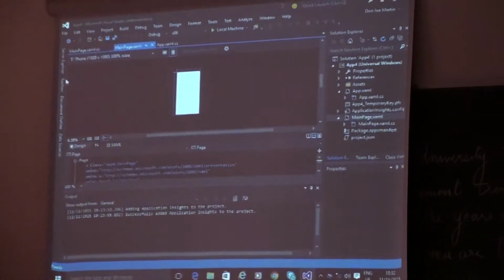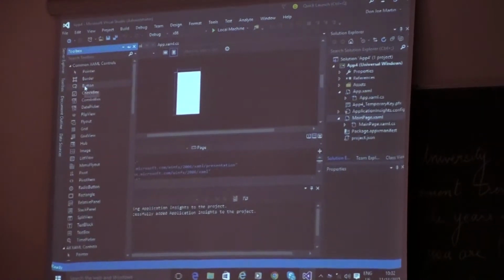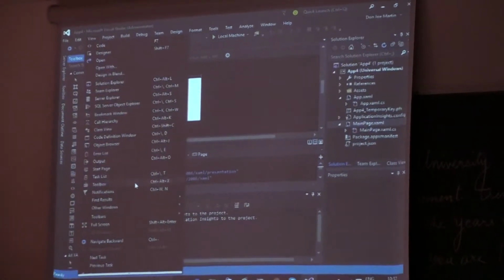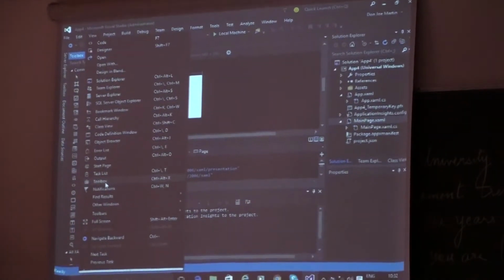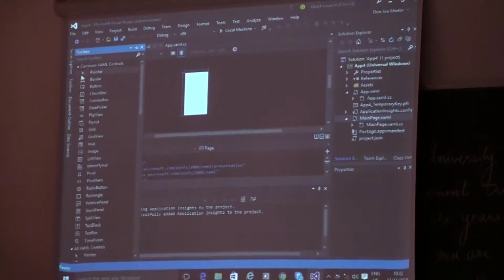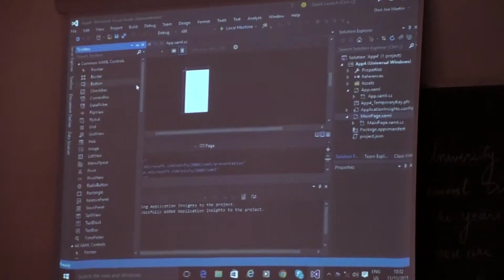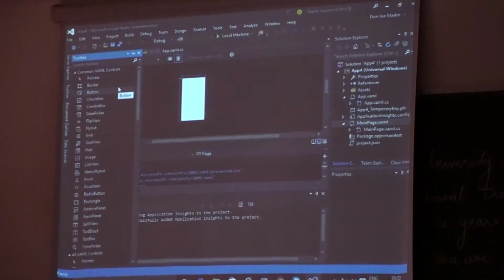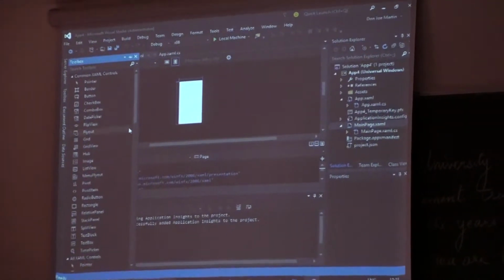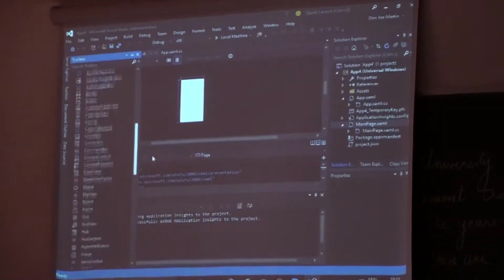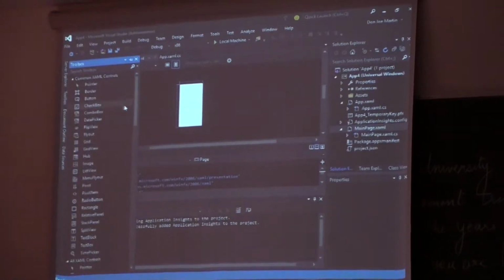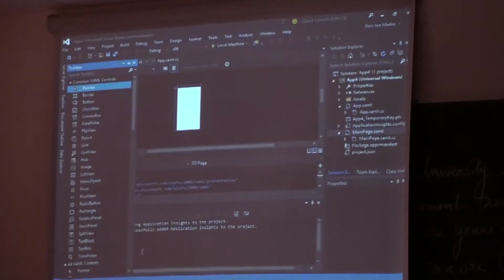Now, where to get the controls from is this toolbox that may or may not be there for you. If it's not there for you, click on View in the top menu, go down, and somewhere about three-quarters of the way you will see the toolbox. The reason it's called the toolbox is because all the tools that you need are available there. They group the basic controls that you will need in common XAML controls. There's an even bigger list down here called all XAML controls. Don't get into that at the moment, it's going to get a bit complicated, because these common XAML controls range from pointer to time picker.